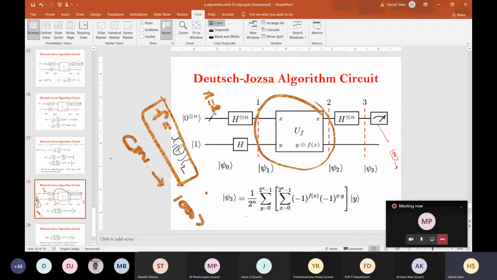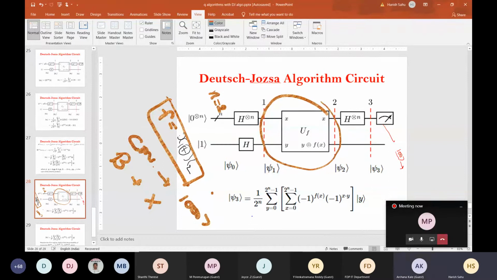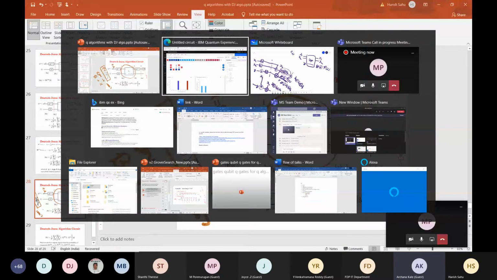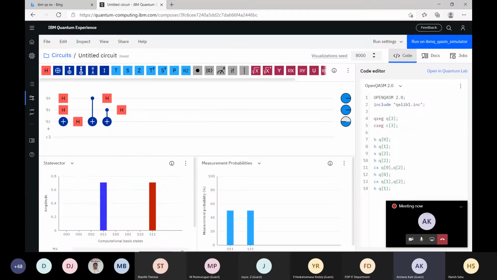And if balanced, no 0, 0. So if you get a measurement with a non-zero state, then the function is balanced. And if you get a measurement of 0, then the function is constant. Perfectly fine. So let's run it.